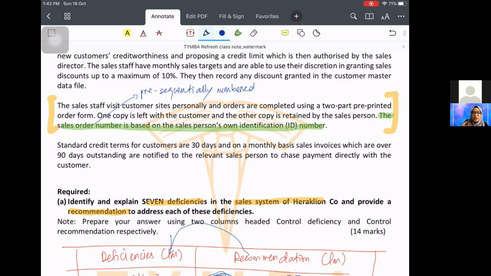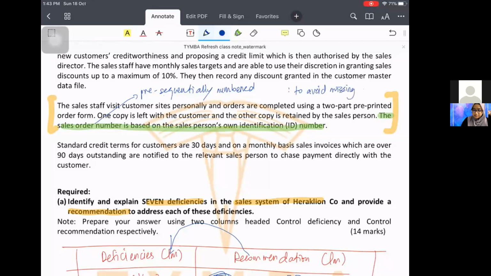Okay, now I'm asking you, what do you understand by pre-sequentially numbered? Every document must have its own unique number in sequence. Very good. Yes, that is the definition of pre-sequentially numbered. Every document has its own unique number in sequence. So we cannot have two different documents, invoices and GDN for example, sharing the same numbers. Why? We have two situations just now. We may receive the goods first and later receive invoices, or we may receive invoices first, later we receive the goods. So the numbers for the two documents should not be the same. Every document has its own unique number in sequence. Very good. Okay. The purpose of having this pre-sequentially numbered is to avoid